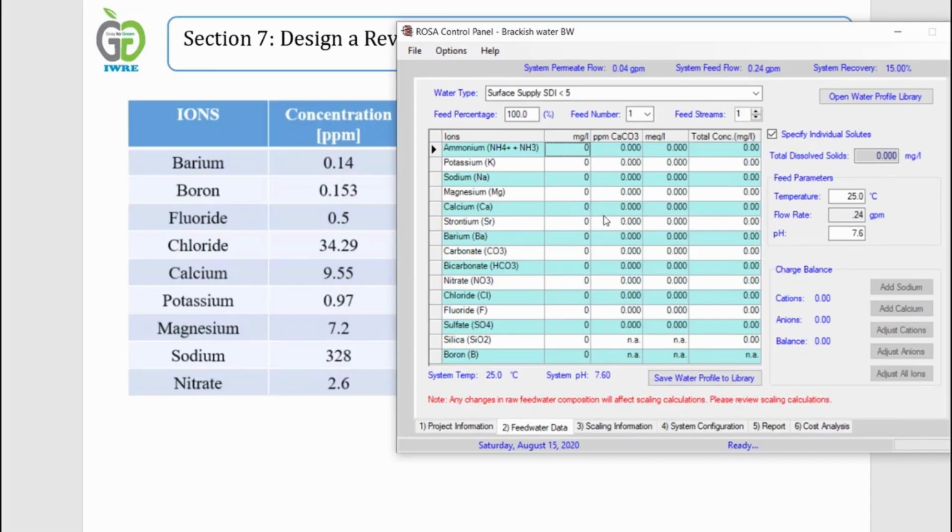Barium is 0.14, boron 0.153, fluoride 0.5, chloride 34.29, calcium 9.55, potassium 0.97, magnesium 7.2,